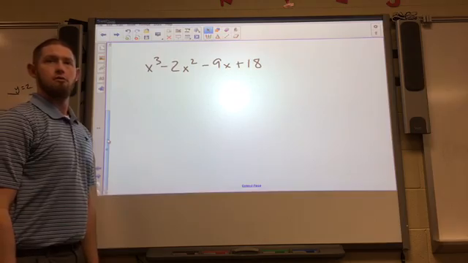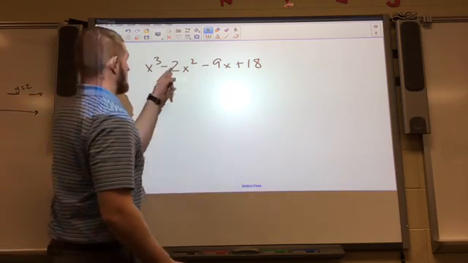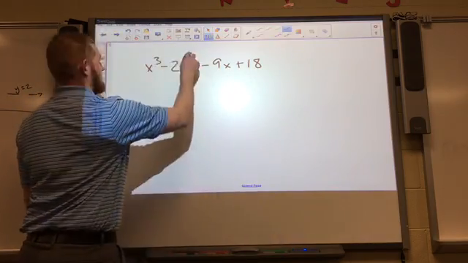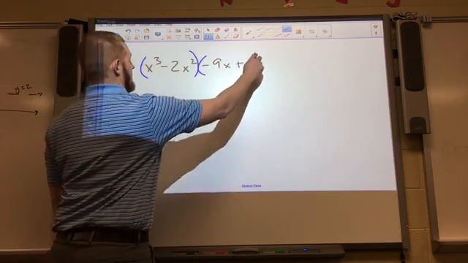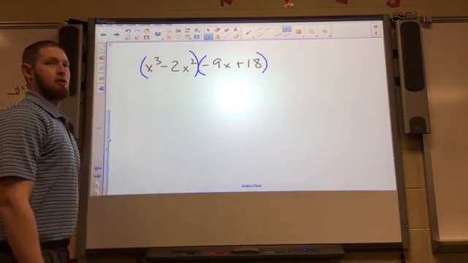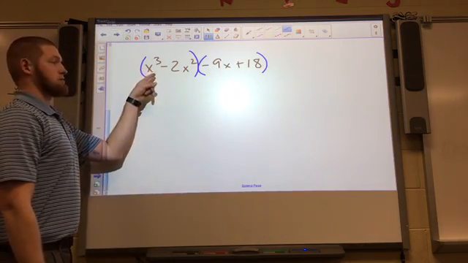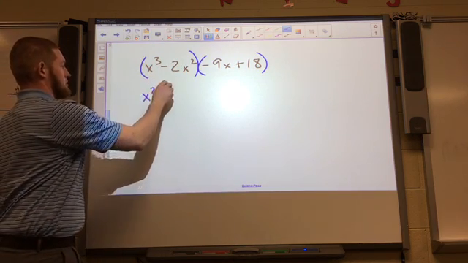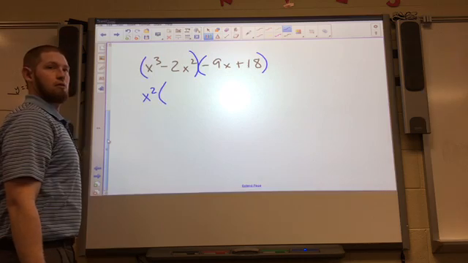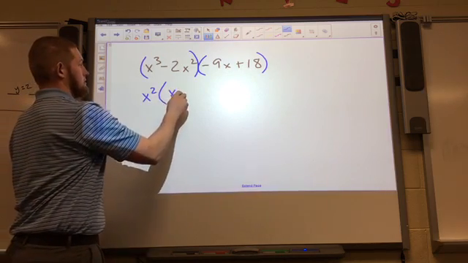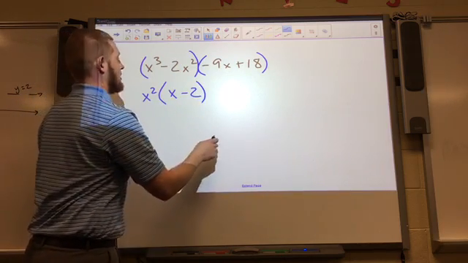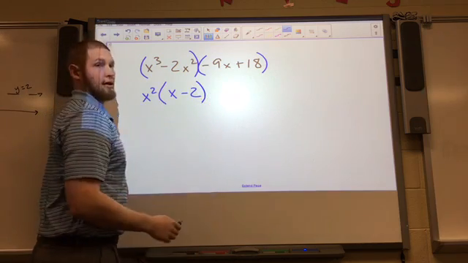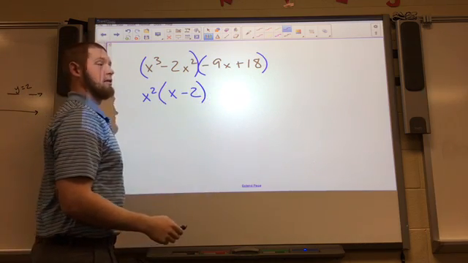Group which one? X cubed and your negative 2x squared, and then your negative 9x and your positive 18, right? And then Lorelai, what can I take out of this? X squared, which leaves me with x minus 2, good. And then out of this one I can take out a